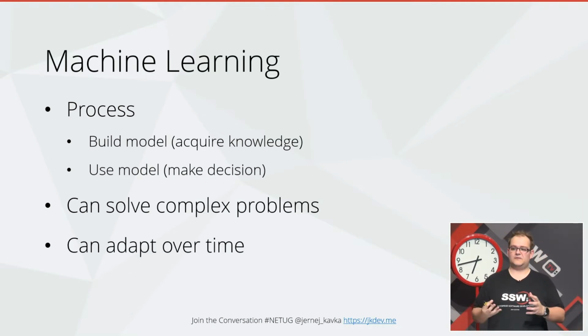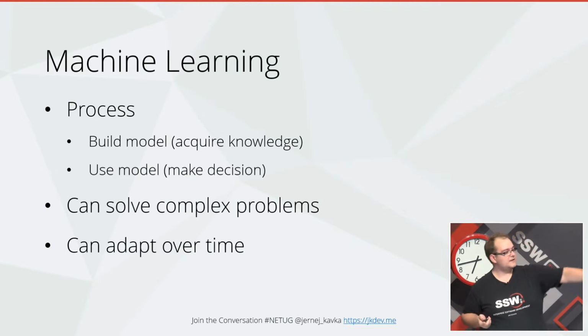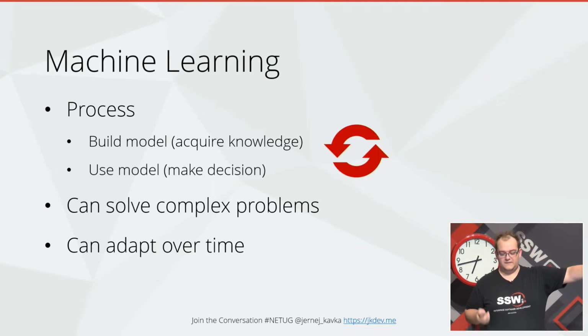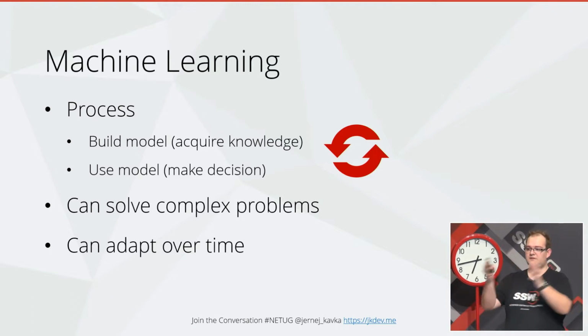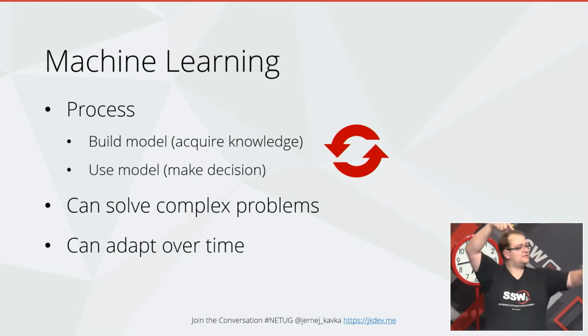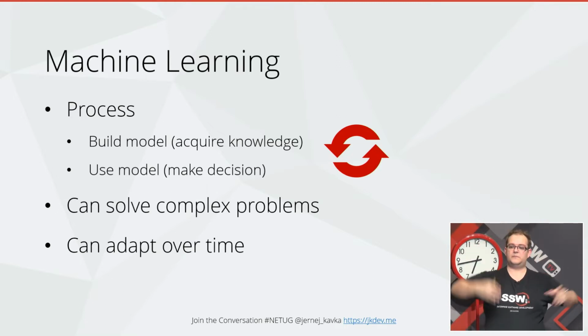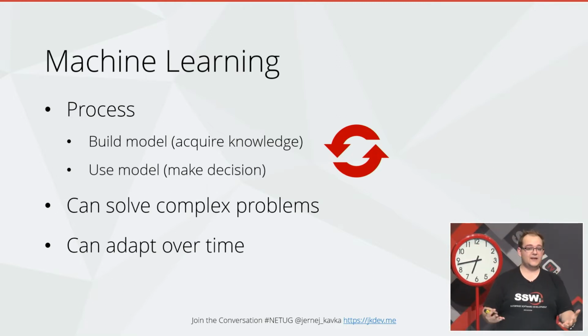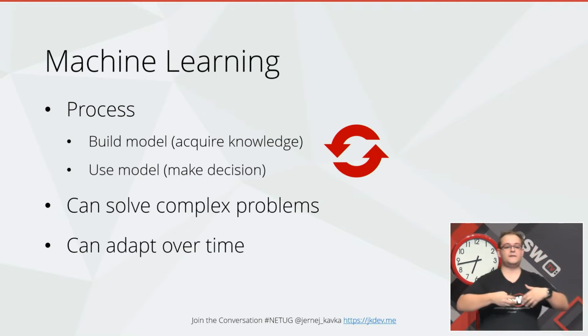It can adapt over time. So if you look at the process up above, it's actually circular. So you build a model, you use it in production, and then based on the decisions you got from the machine learning, you can pipe it back to build a new model based on the new gained knowledge. So now you have a new model which will probably work better, but you'll have to verify it before publishing